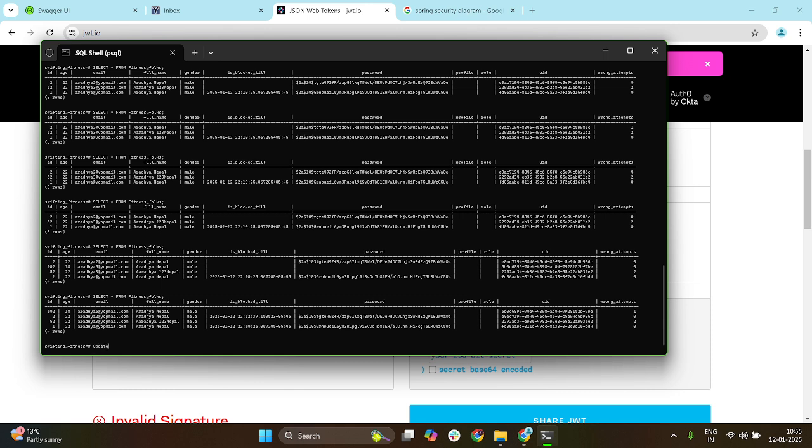Okay, let's update the table fitness. So guys, I am not a backend specialist, so I might make mistakes. Set is_block_till equal to null where id is equal to